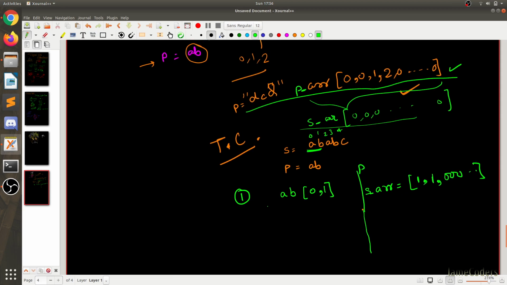So here I have to also write the pattern array. The pattern array is 1 comma 1 and 0 everywhere else. This is the pattern array, this is a string, this is a string array. So the next step: these are equal, so I will take 0 as our result. Now we will go to the next string, so BA.